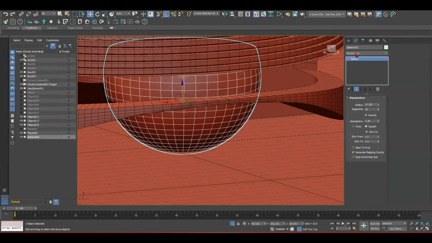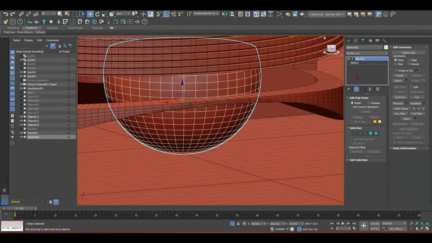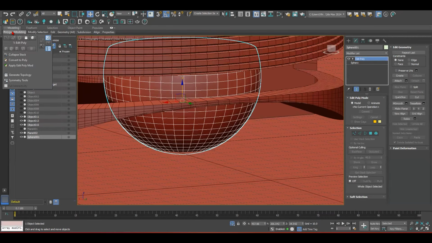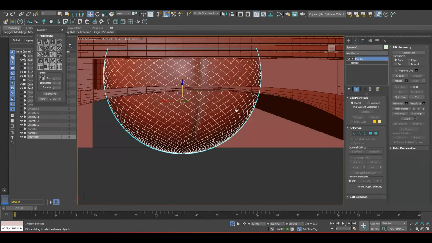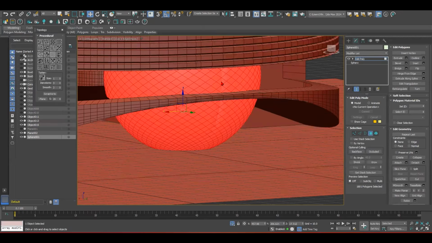So what we can do, edit poly, and we can go to modeling, polygon modeling, generate topology, and just select the diagrid one. Before we get the diagrid, we can just select all the polygons, and we do insert by polygon, to its thickness.